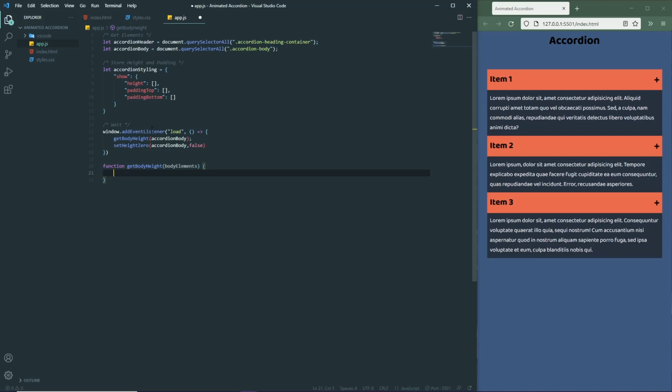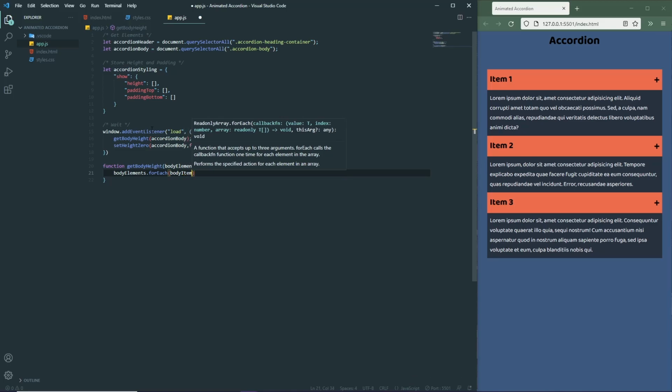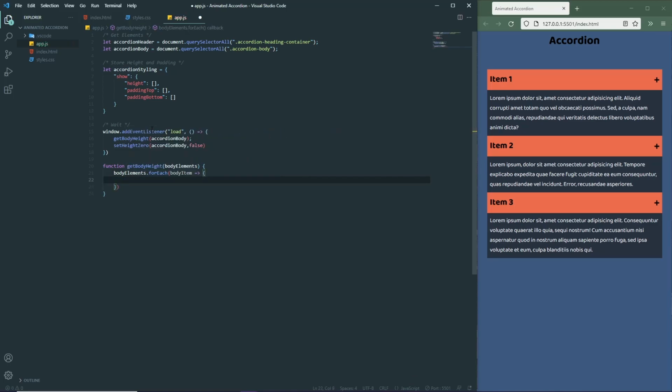Next, body elements for each, which is going to be the easiest way, as we don't need a for loop for this. One body item, arrow function, and now for the next part, let me just comment it out real quick so there's no confusion. Get height